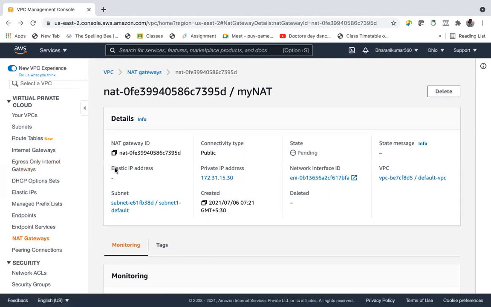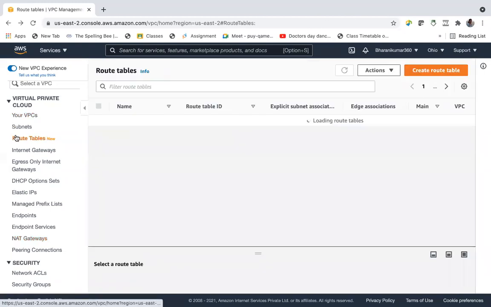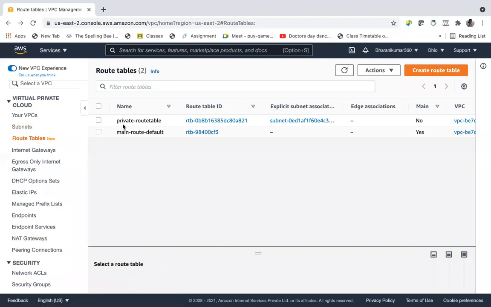But let's see. If we get the NAT gateway in the drop down, we can add it to the route table. So route table of what? Private route table. I have created the NAT in a public subnet, that means one of the public subnets which has the main route table attachment. Now we are associating the NAT gateway in the private route table. Let's go here.